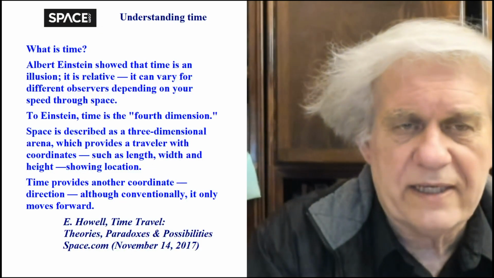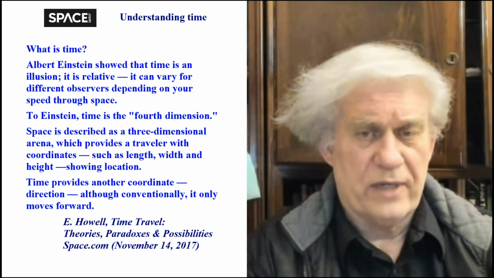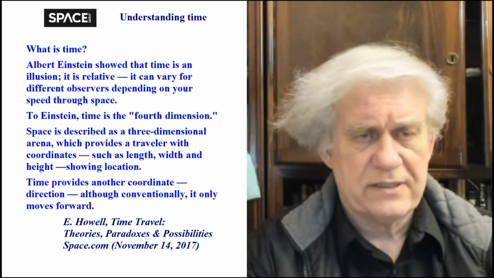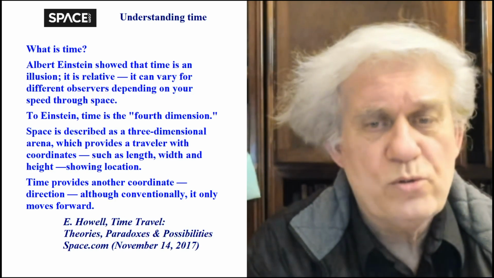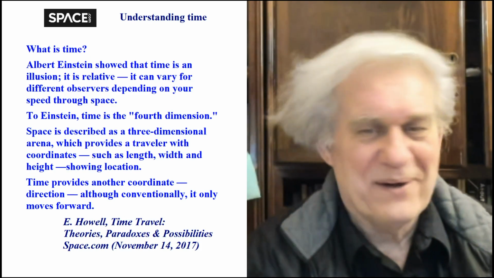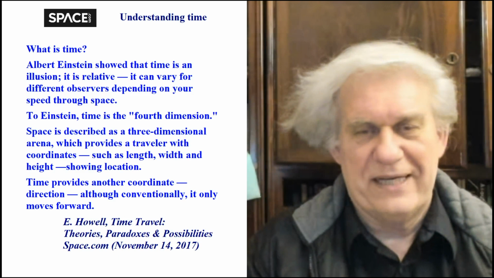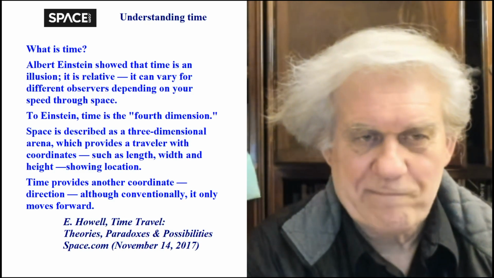Space.com, okay, here we have it, an article that pretty much synthesizes what time is for relativists, for mathematical physics. Okay, it says, what is time? Albert Einstein showed that time is an illusion. Oh, that's a good definition. What is time? That's an illusion. Okay, thank you. I always wanted to know what time is. Others say it's what a clock measures, other nonsense that people say out there. They just copy and paste. They don't even know what they're saying.